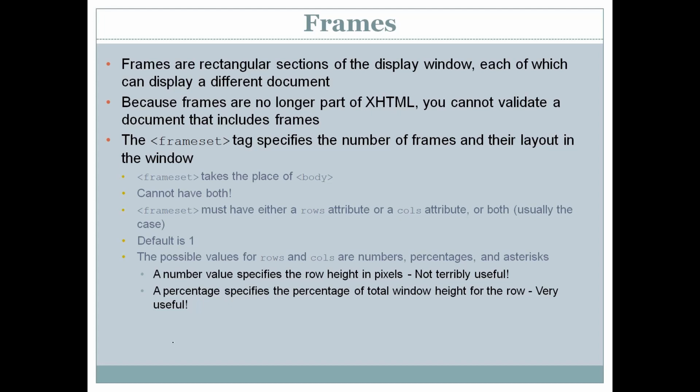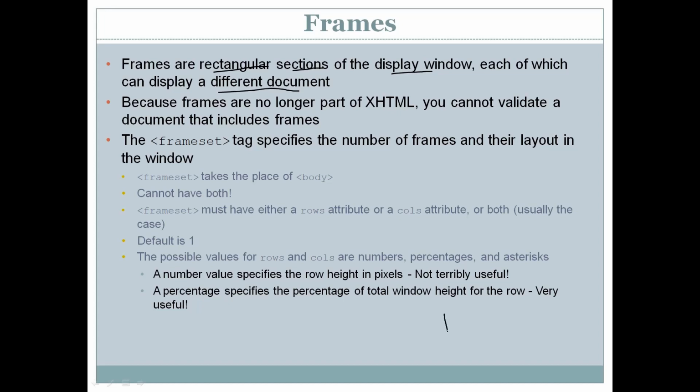So frames are rectangular sections of the display window, each of which can display a different document.